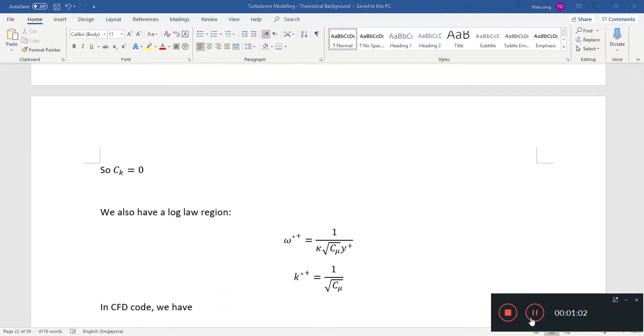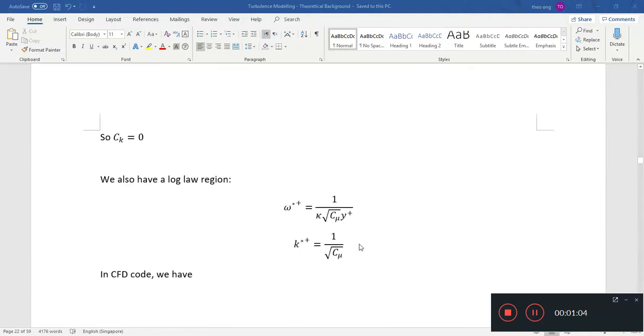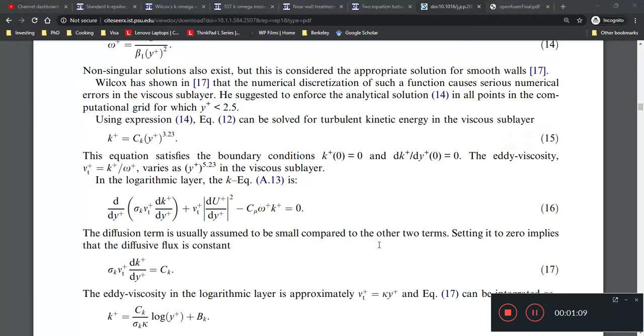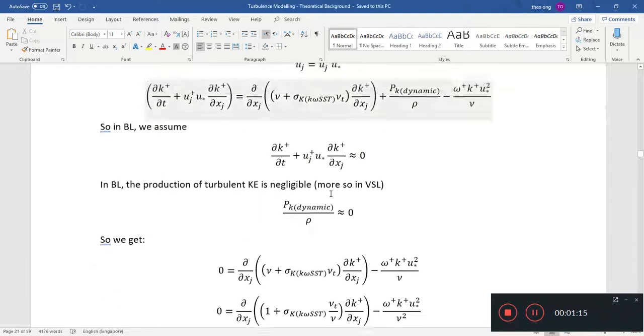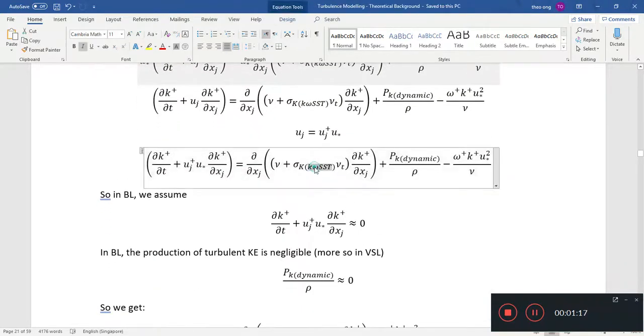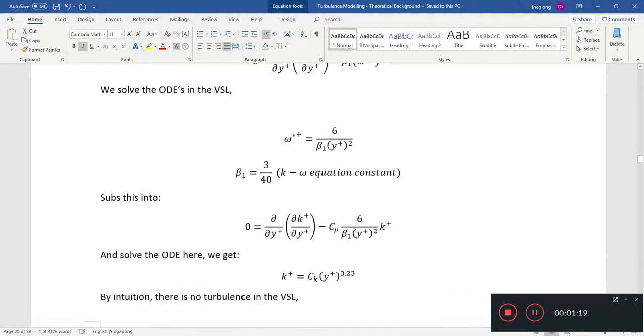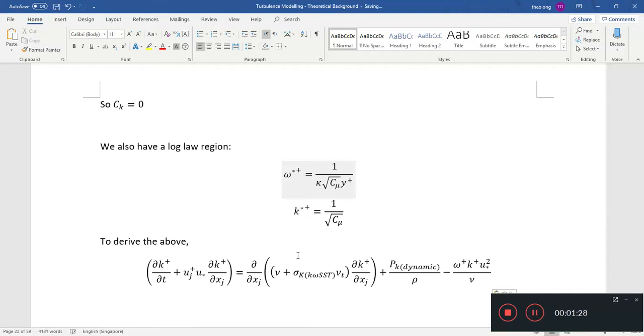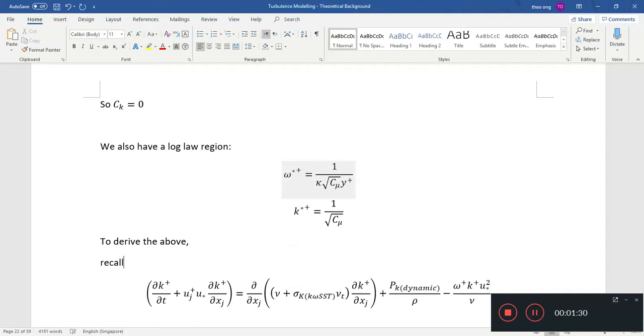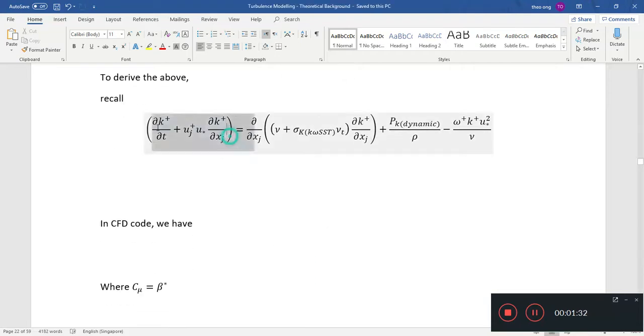So how do we get that? There is actually a rigorous proof of that. I'll just quickly go through that. Remember we were over here. To derive the above, recall this, and then we said that this left hand side is 0,